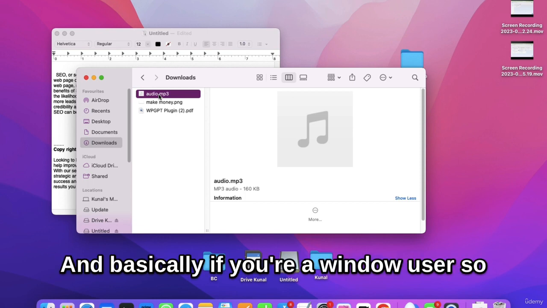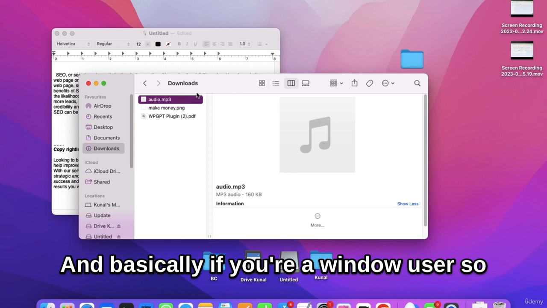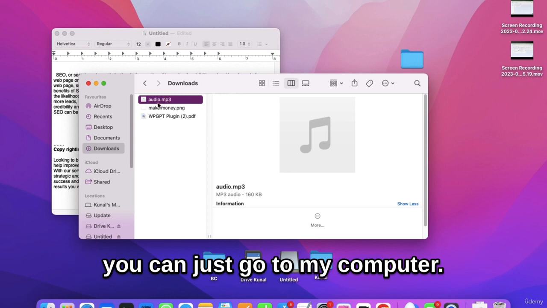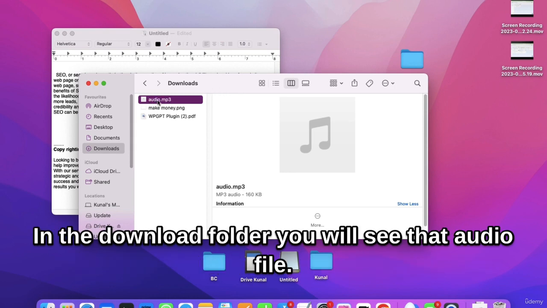Okay, and basically if you are Windows user, so you can just go to my computer under download folder. You will see that audio file. Okay,